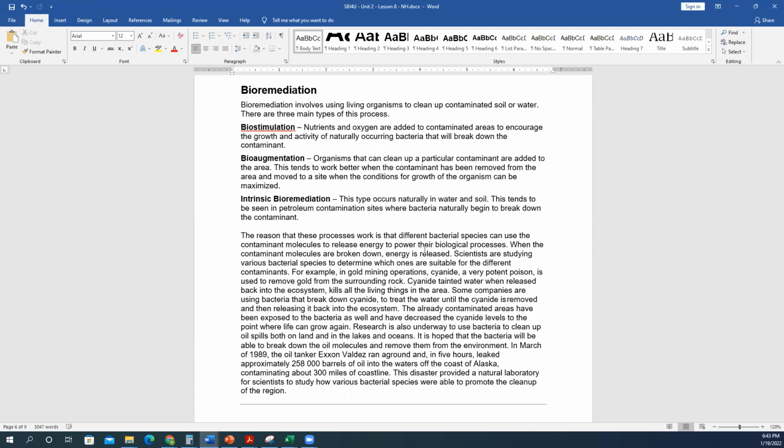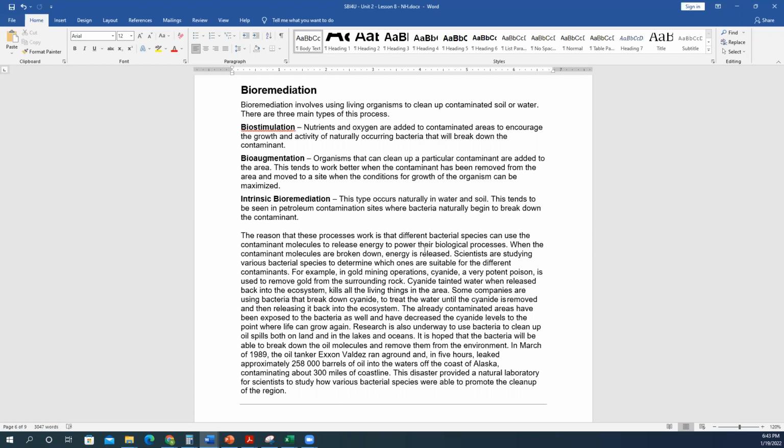Research is also being done on how to use bacteria to clean up oil spills, both on land and in water, in lakes and oceans. It is hoped that these bacteria will be able to break down the oil molecules and remove them from the environment. So back in 1989, when that enormous oil tanker, the Exxon Valdez, ran aground,